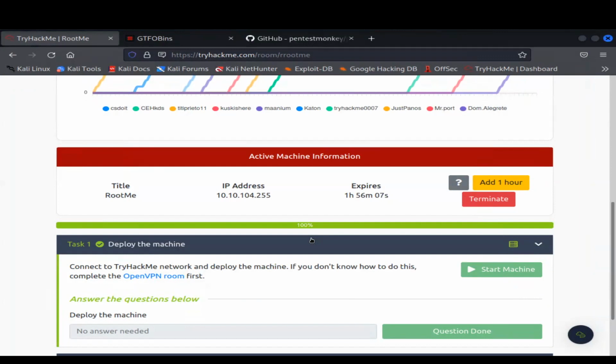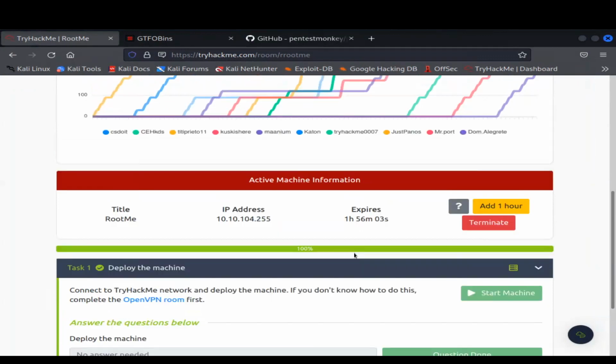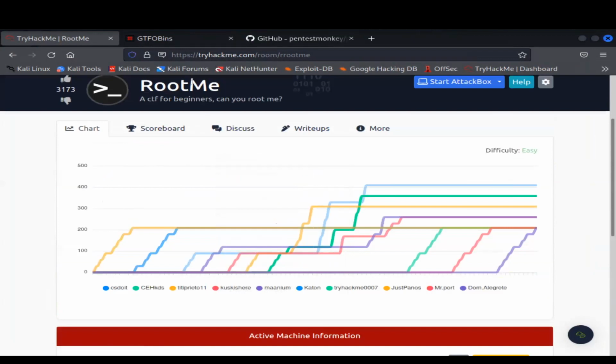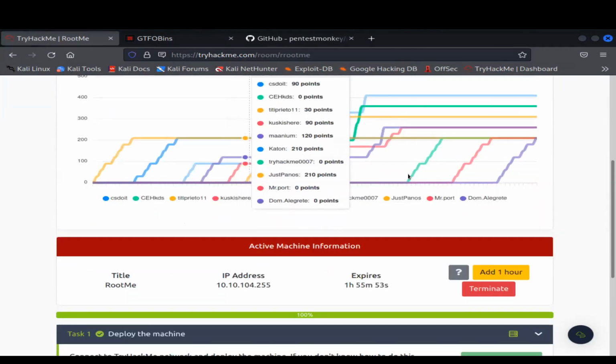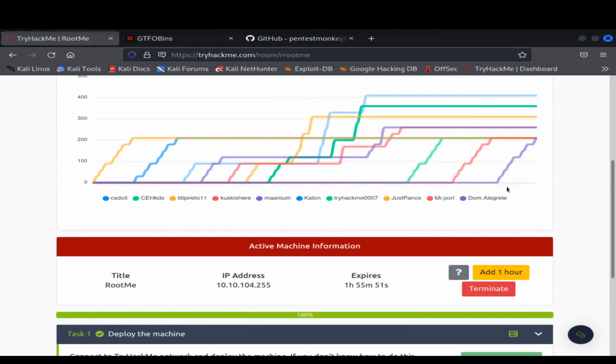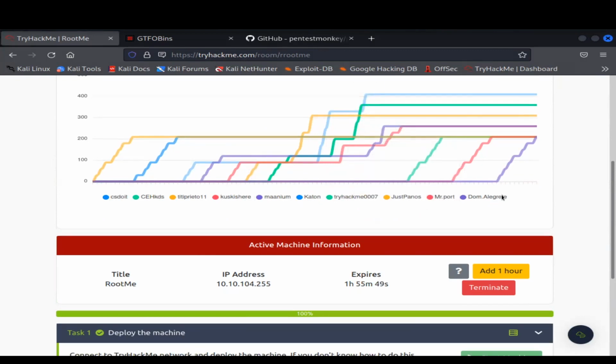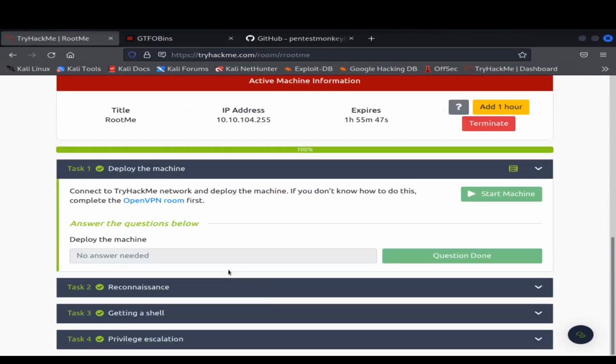I'm here with another TryHackMe video. This video is going to be on the Capture the Flag challenge. It's a beginner one called RootMe, and I just wanted to walk you guys through it. Let's just get started. This one is based off of points, so how fast you complete the tasks is how many points you're gonna get. I already loaded up the machine, so we want to go ahead and do copy